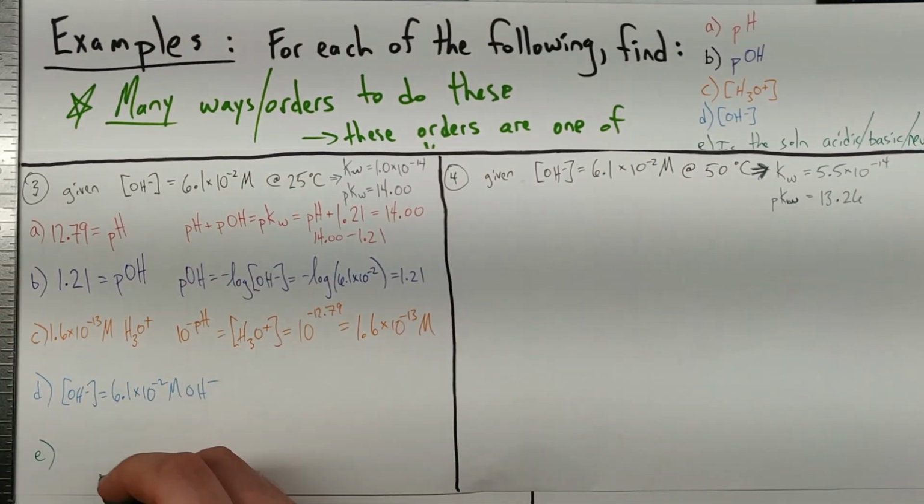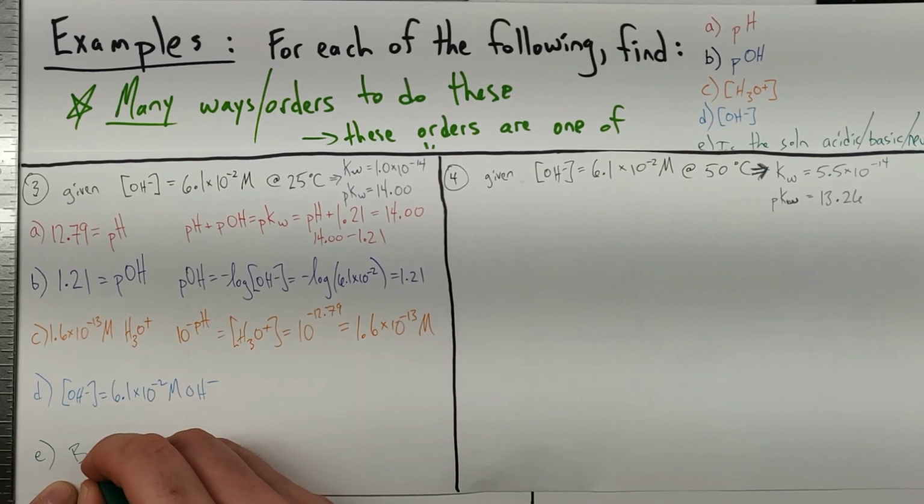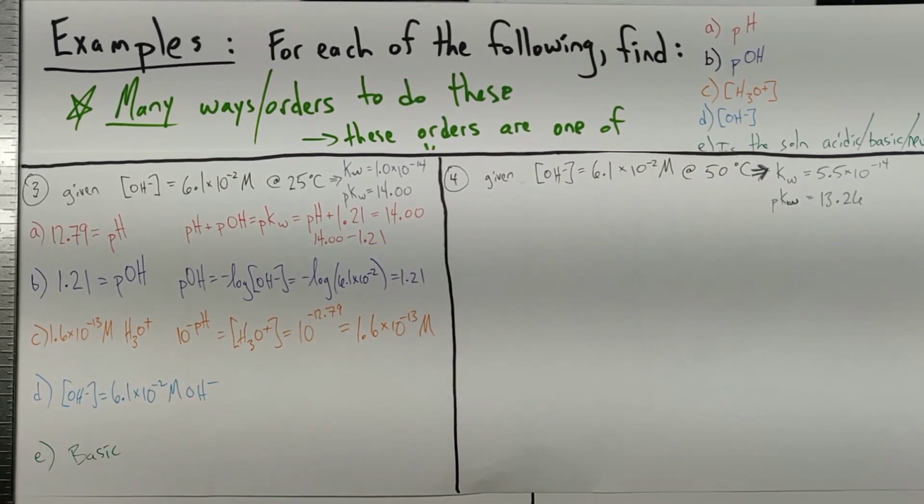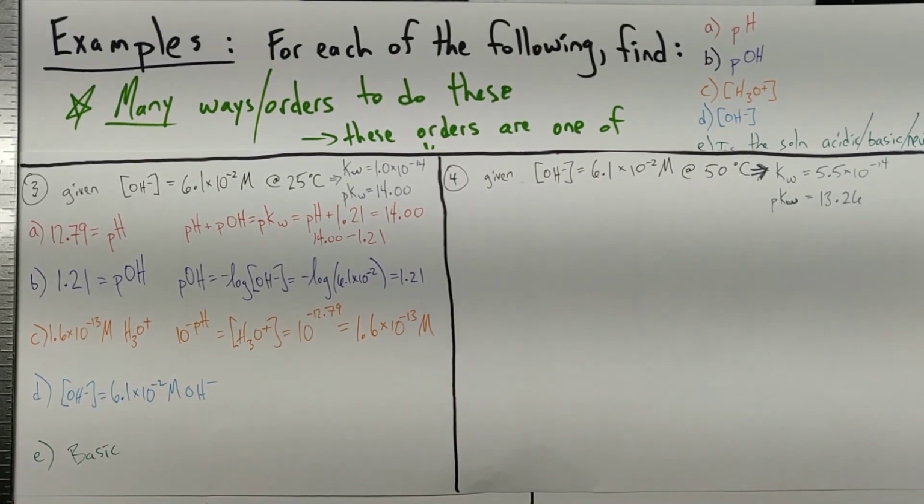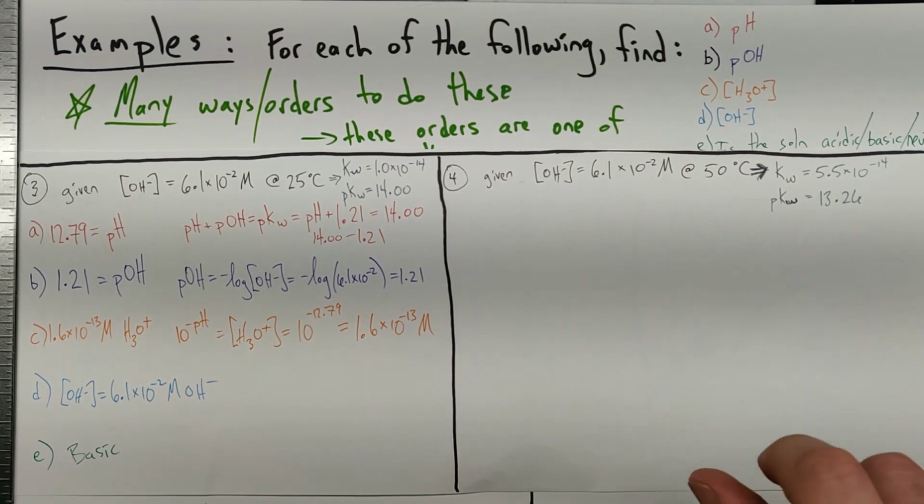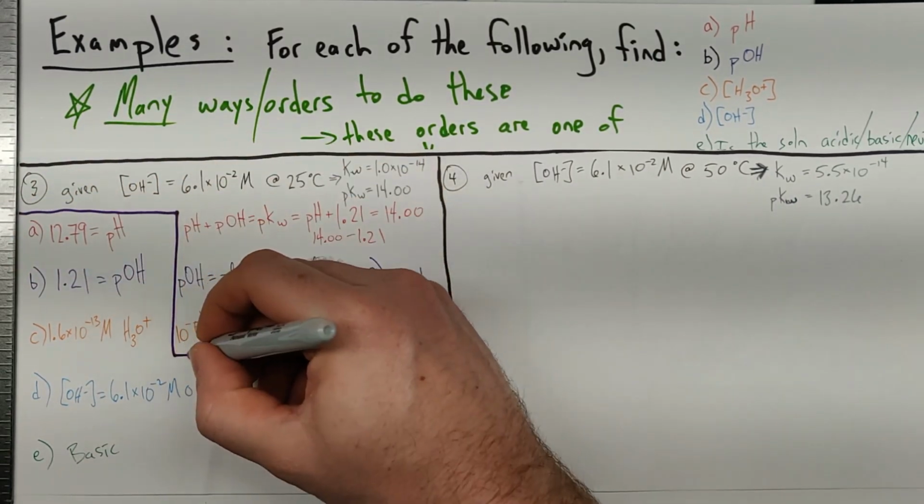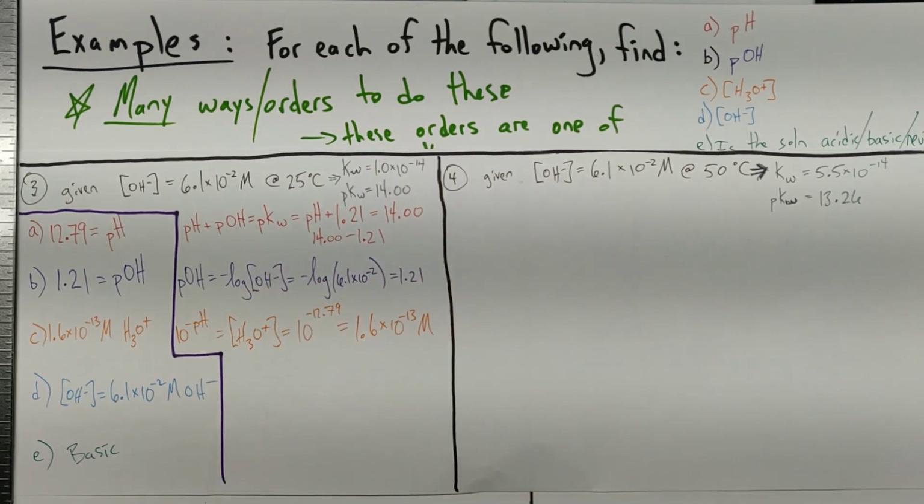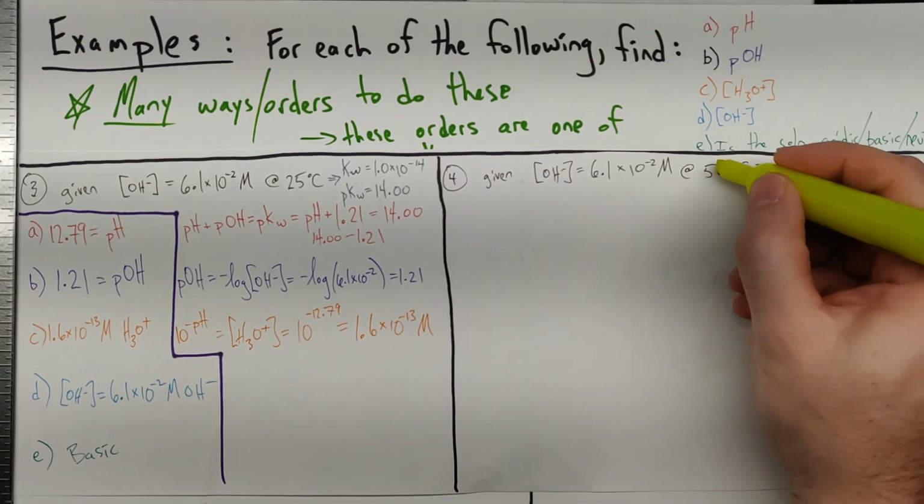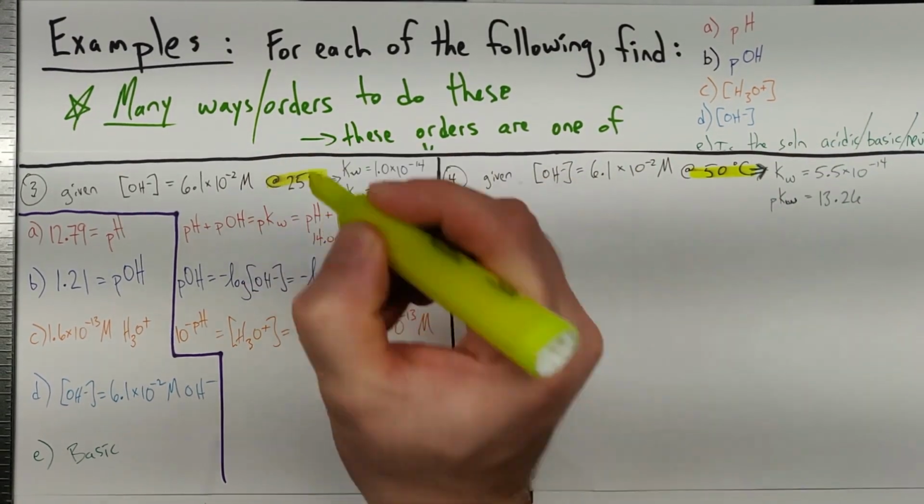There's a million different ways to find out that this one happens to be basic. And that takes care of that one, and let me put a box around that. Those are our answers for number 3. For number 4, again, the only difference is this temperature right here is different than this temperature right here,